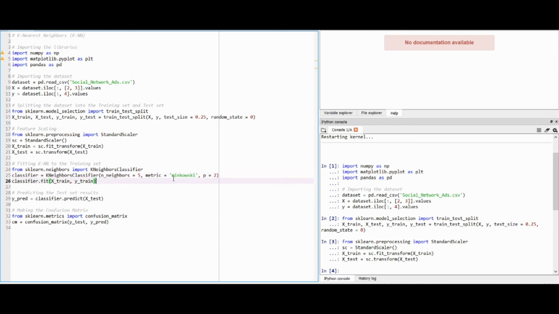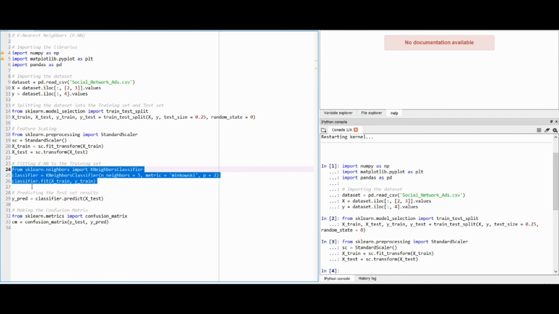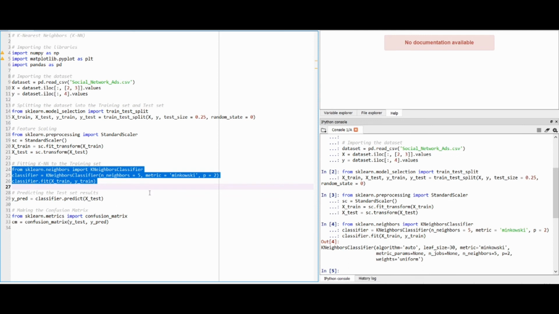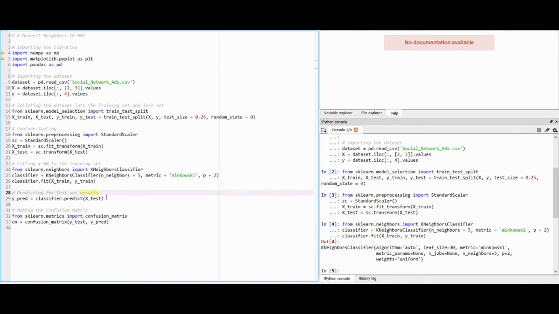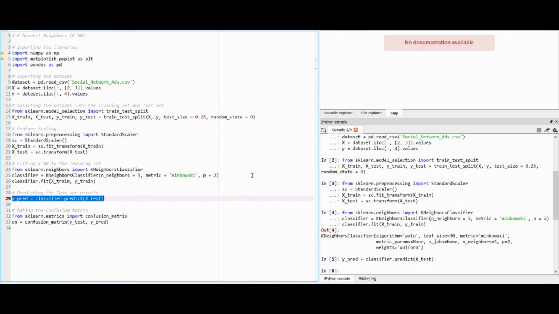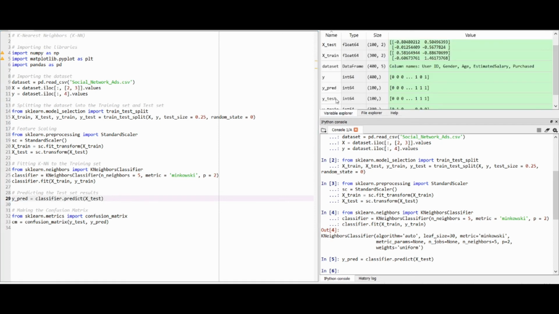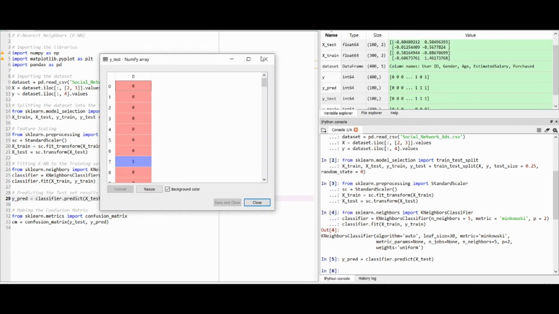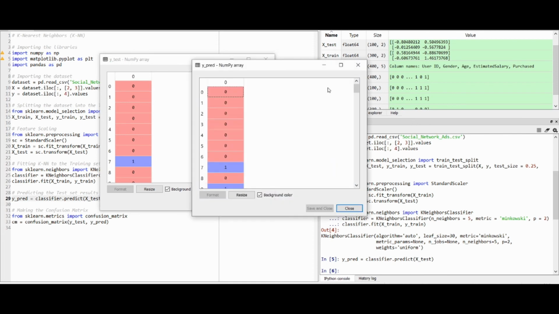Now after initializing our object, we have to fit our model: classifier.fit(X_train, y_train). Let me run this code. Our model is trained now. After that we are going to predict our X test results. Now let's see, this is our y test and this is our y pred.